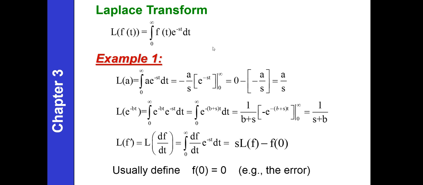In this case, we're going to use only the positive half of your signal. But in reality, if you're going to get the Laplace transform, you start from negative infinity to positive infinity. But in this case, we can just take the positive part of that signal. So we have 0 to infinity. You get the integral of whatever function it is, multiplied by e to the negative st dt. So example,